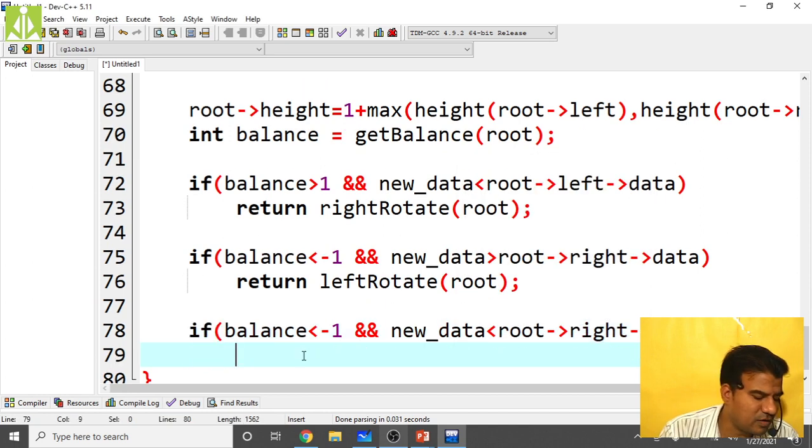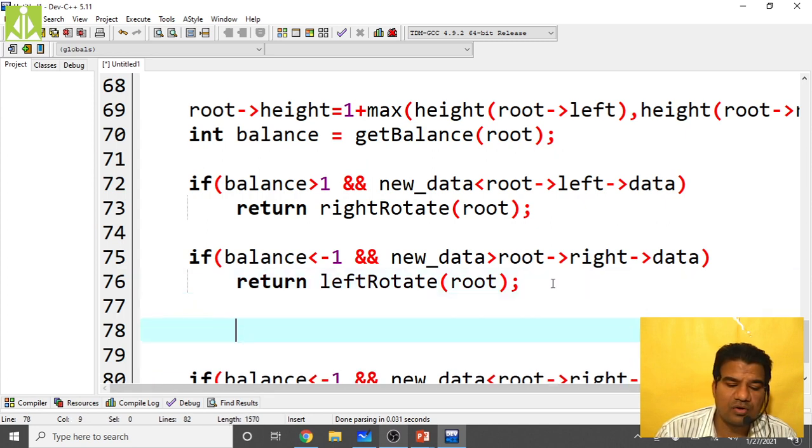Then what we have to perform? Return right rotation. Left right rotation we have to perform before this, that I forgot.